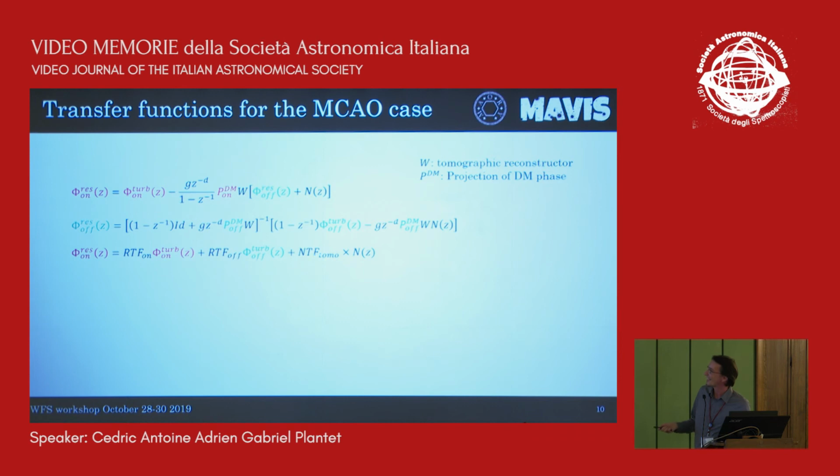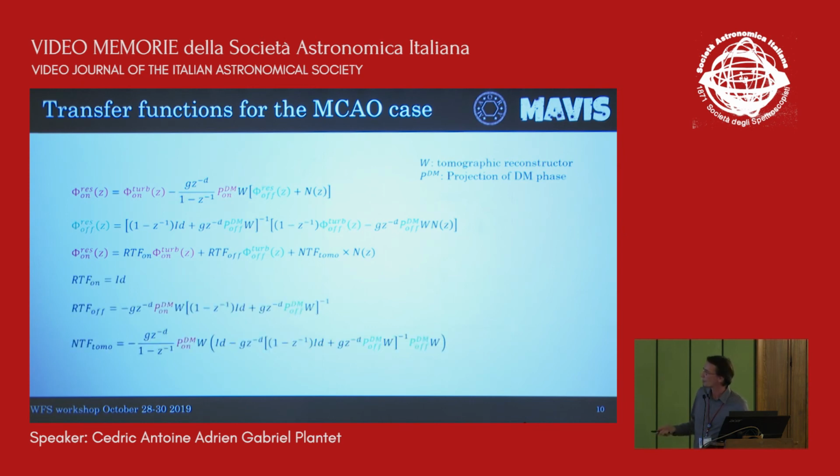But in the end, we can express the residual as one RTF that filters the turbulence on axis, another RTF that filters the turbulence off axis. I didn't separate the MCAO case and the anisoplanatism error here because it's a bit complicated. But you still have an NTF that is